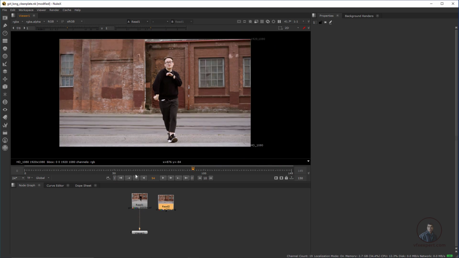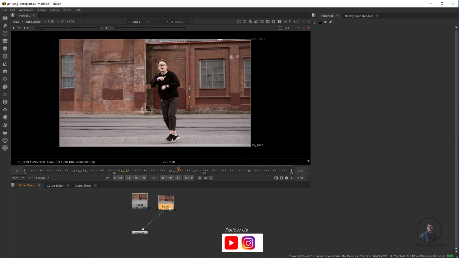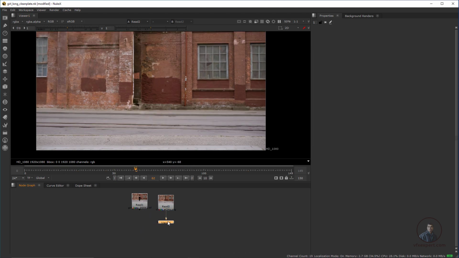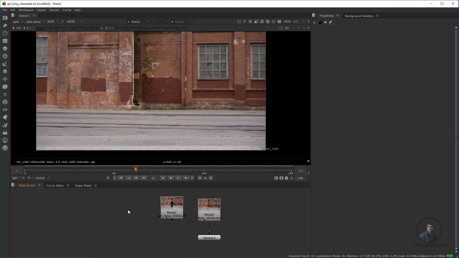So this is our original shot. From this sequence we have to create our clean plate. I created this clean plate at frame 34. For creating a clean plate in Nuke there are several methods. The first is normal cloning, the second is cloning with a reference frame, and the third is patch shifting. These are the three main methods, and with their help you can easily create your clean plate. First I will explain all three methods, then we will create our final clean plate here.